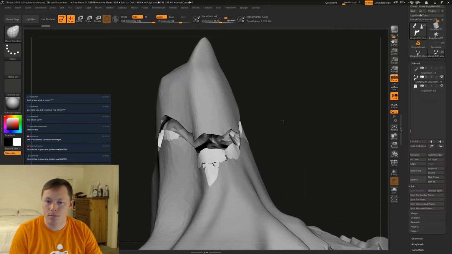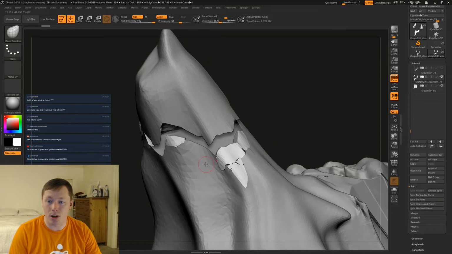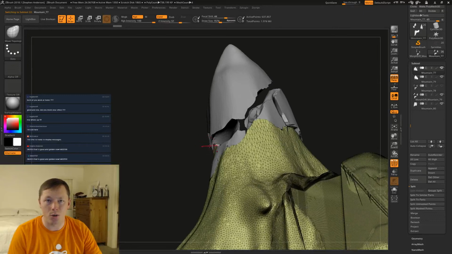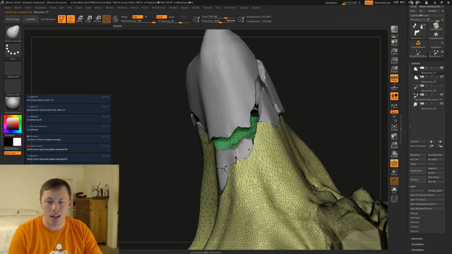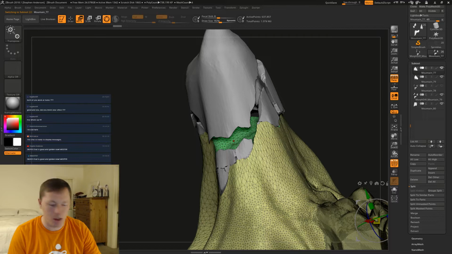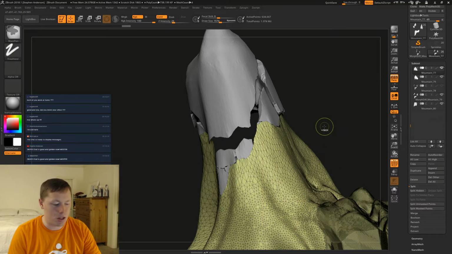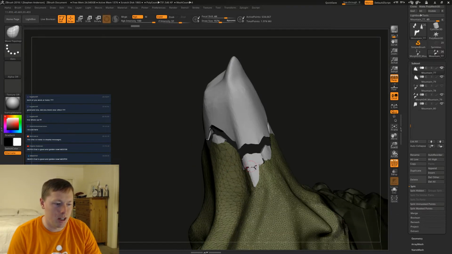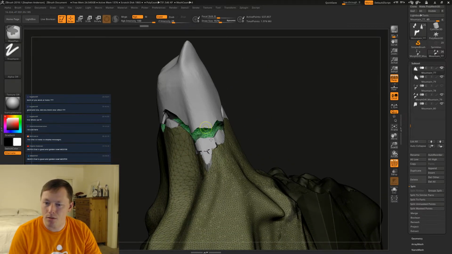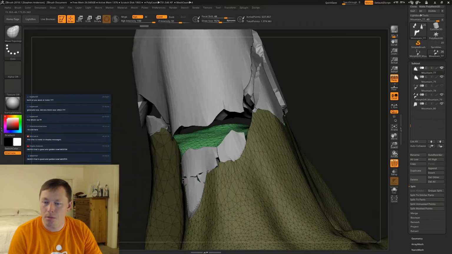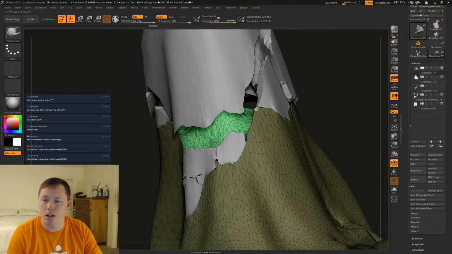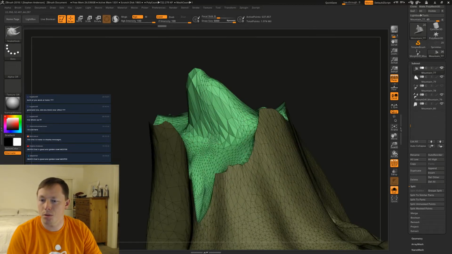Some of the other things that I want to go ahead and do. We see our mountain has this hollow chunk on the inside, and that's not going to be very convincing for me. So I'm going to Control A. I Control Shift to select that poly group. Then I Control A to mask all of it. Mask all visible. I want to use that fancy snake hook brush. And let's start pulling this up.